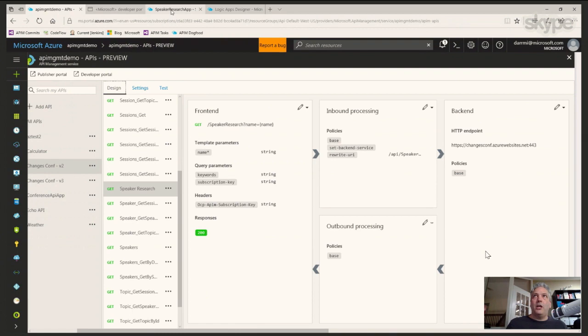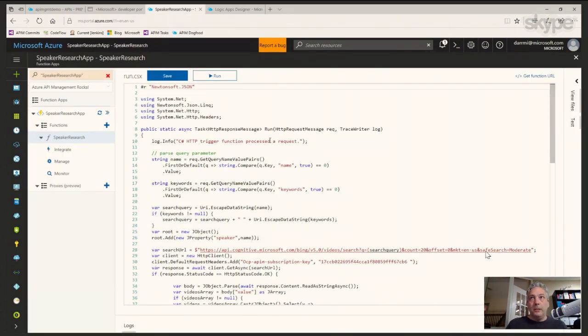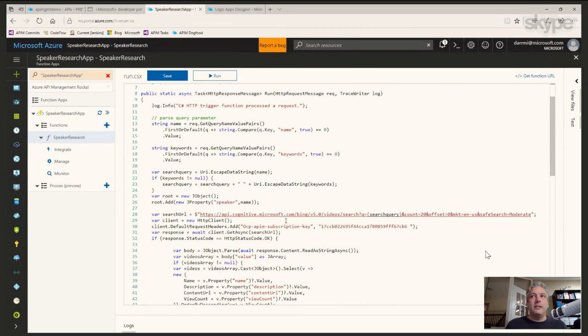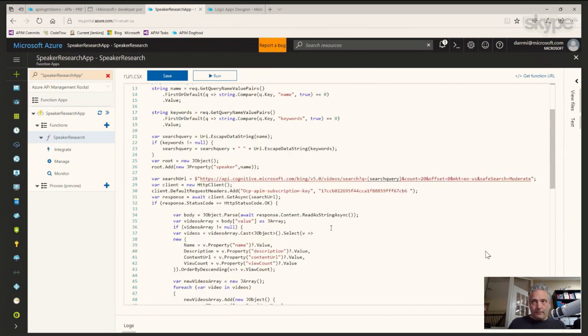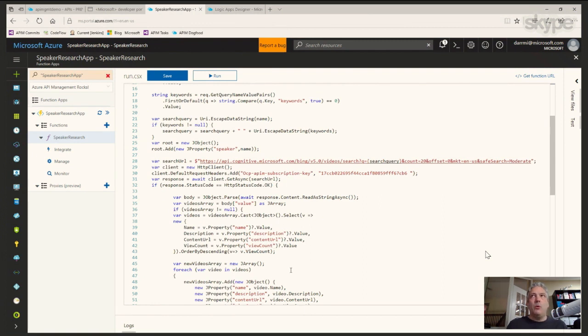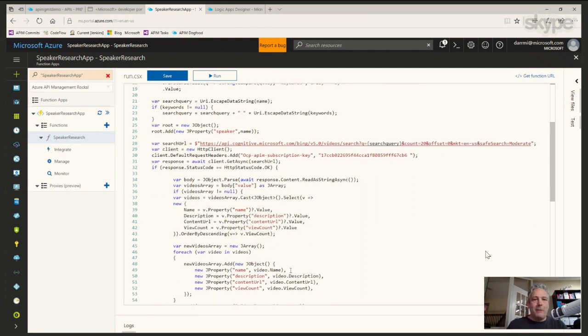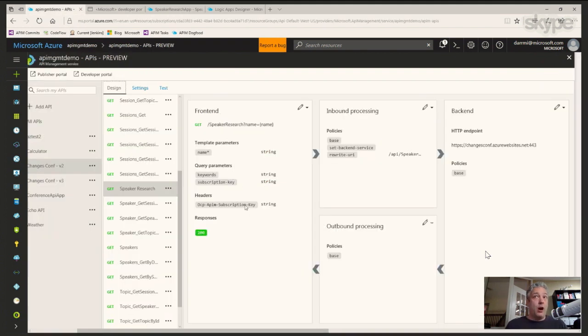If I go over to this window I have open over here, it is an Azure function that goes off and uses the Cognitive Services API for video search. It takes the name and the keywords and makes the request, and returns back a subset of that, because Cognitive Services brings back all kinds of information. It reformats the response and returns it back to the API management, or to this conference API interface. And if we test that,